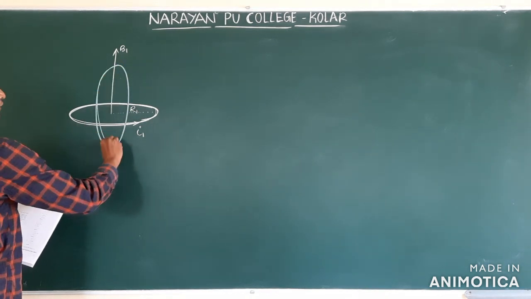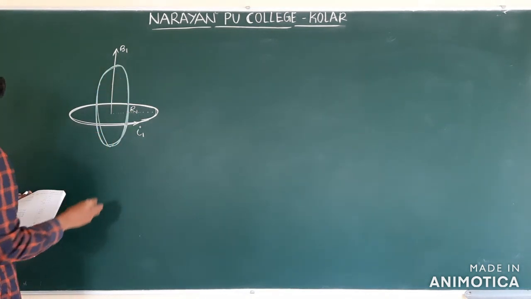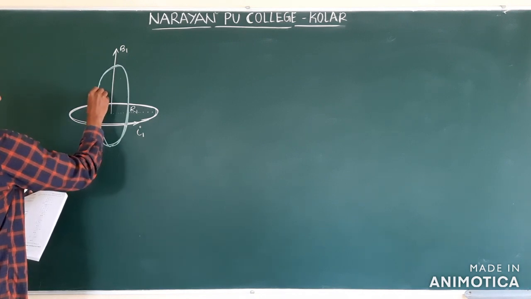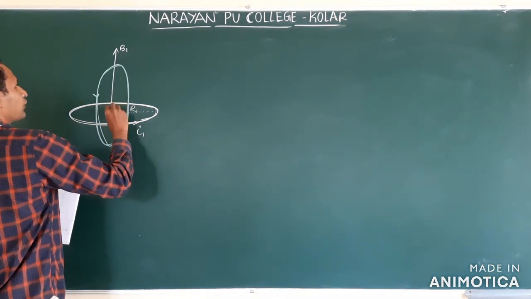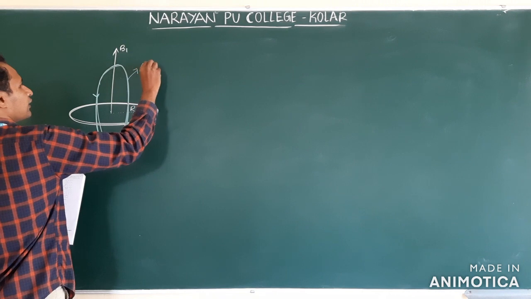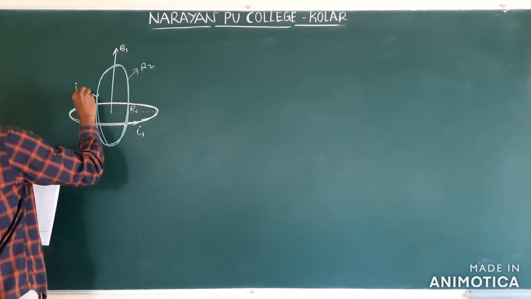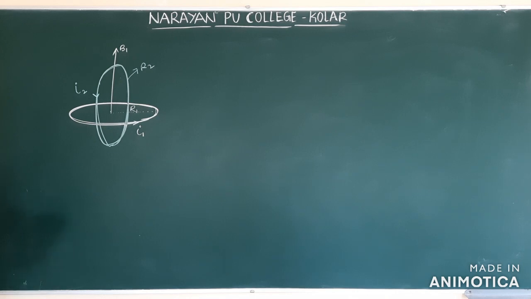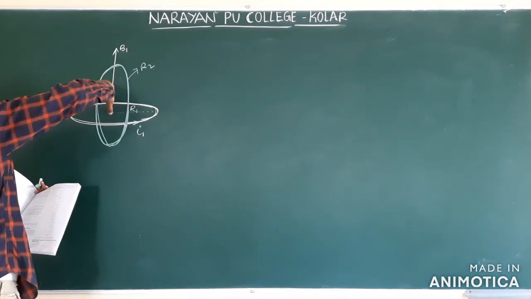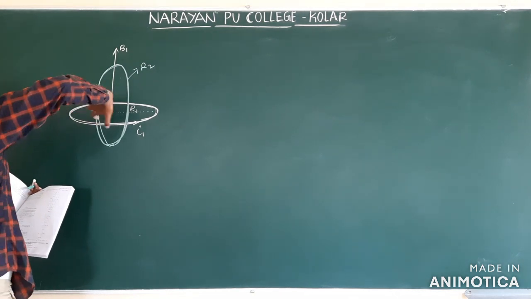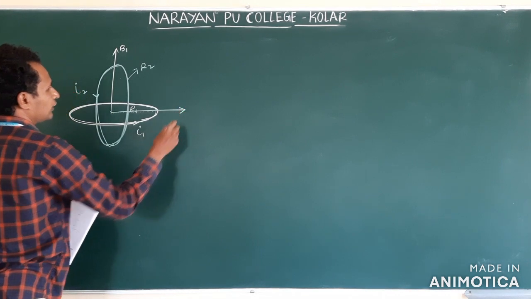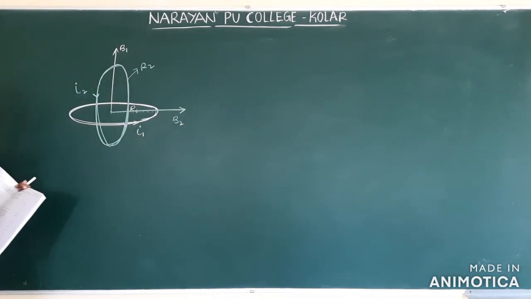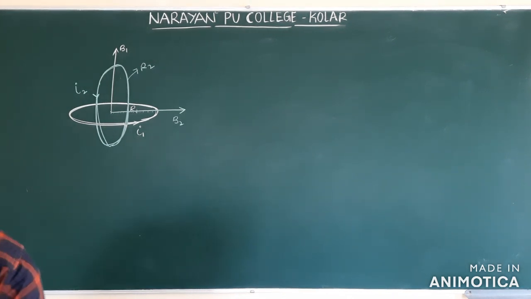Another coil is placed like this. I am using a different chart. This current they have given like this. Clear? And consider this radius, R2. This current is I2. Clear? Now keep the thumb in this direction. It is acting like this. This is B2. Now B1 and B2, clear? B1 and B2 are perpendicular.